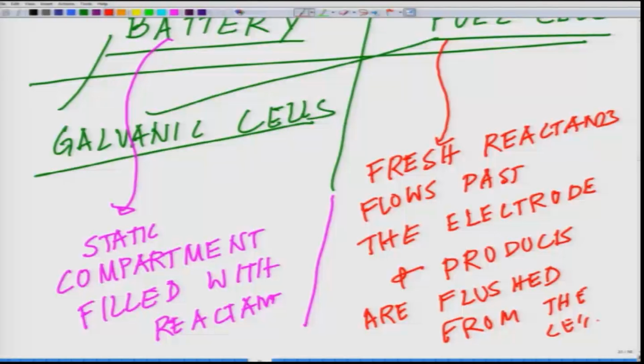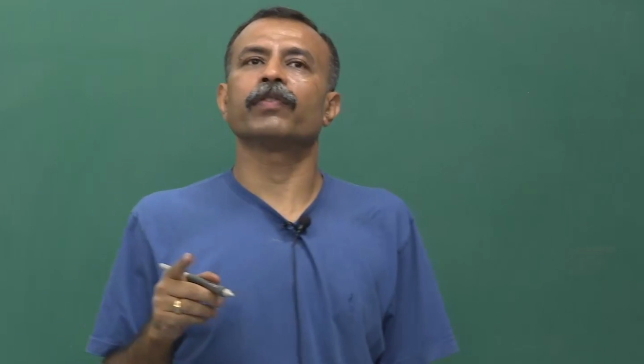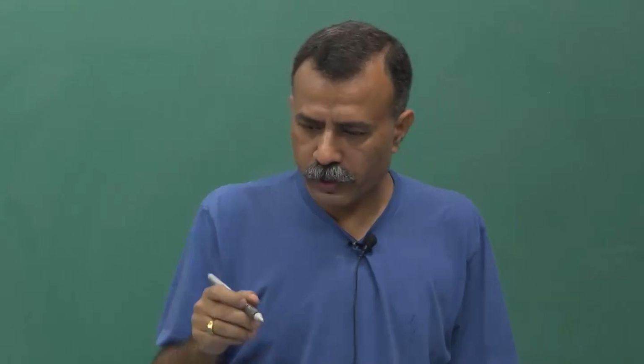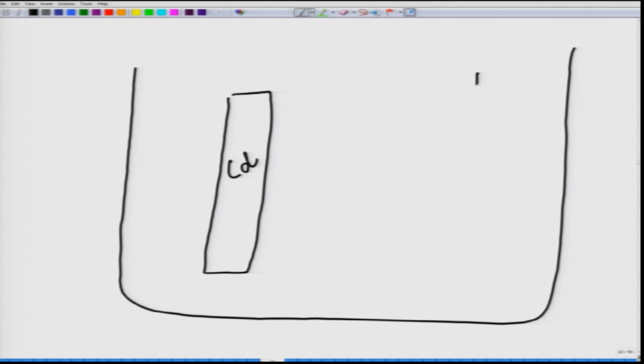So, now let us draw. We talked about the copper and the zinc in the previous class. So today we will talk about a different kind of electrode where it will be a cadmium and AgCl. So to start off with, let's draw a galvanic cell where you have an electrode which is cadmium electrode, Cd, okay, and you have a AgCl electrode which is Ag, and here you have,